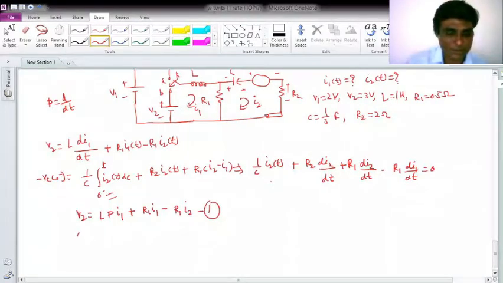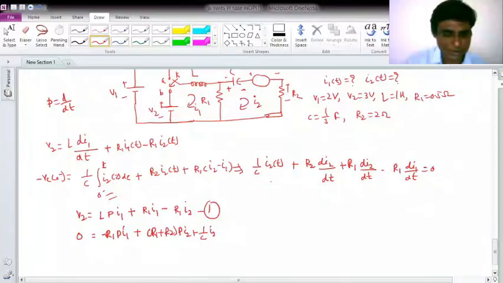And for the second, it is 0, which will be equal to minus R1 P I1, plus (R1 plus R2) P I2 plus 1 over C I2. Okay, and from that